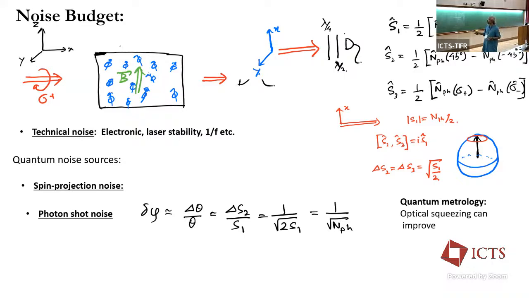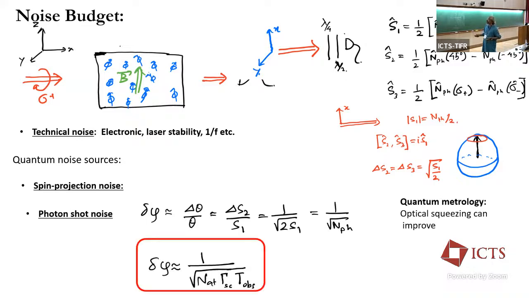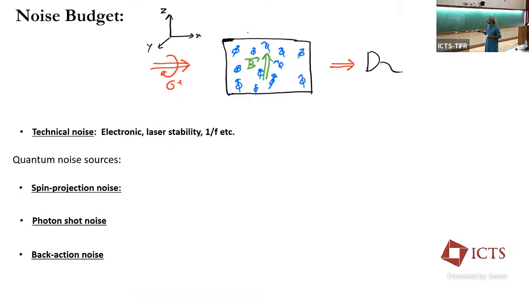If I relate this back to the number of atoms, the number of photons is the number of atoms you're sensing times the scattering rate in the direction of the detector. If you have directed scattering, well and good, but otherwise you are collecting a small solid angle over 4 pi, and then the observation time. So this is the number of atoms times the observation time, T observation, which will scatter these many photons. And so this noise is also set by this.